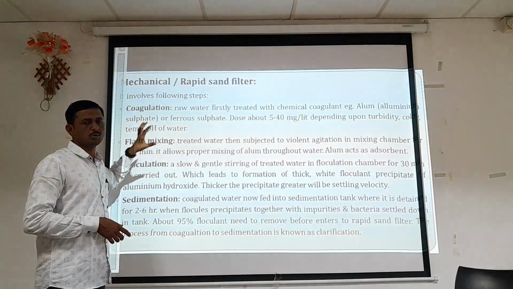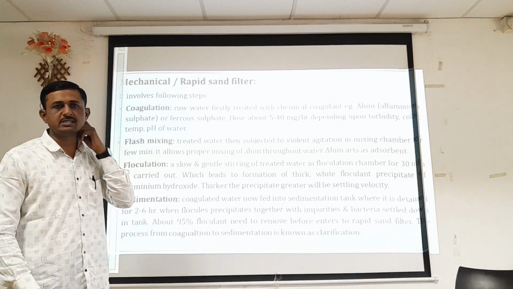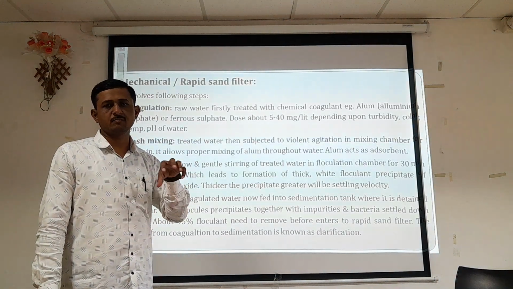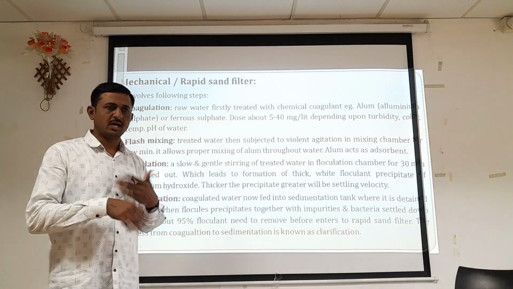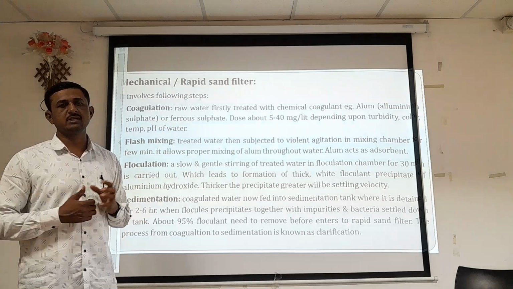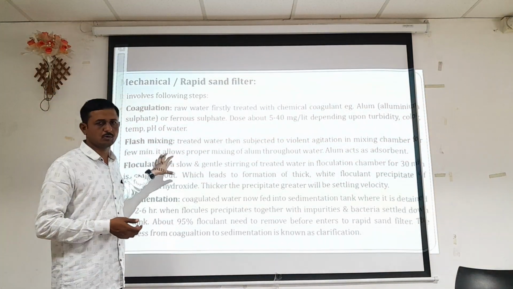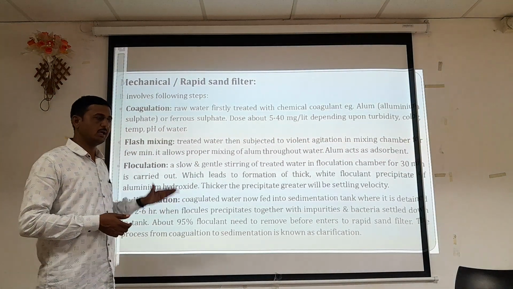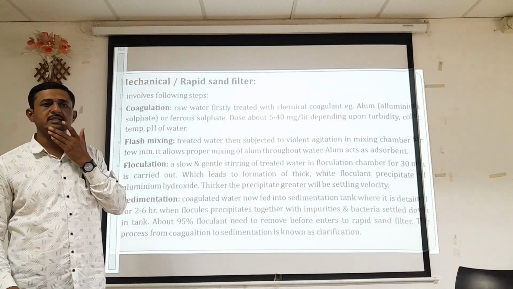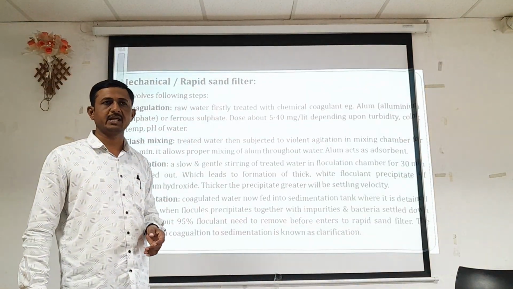Here, we have to add a proper dose of chemical agent. By mechanical means, we mix that substance into the water sample. Again, by the mechanical stirrer, we slowly mix the water sample so that proper coagulation or floc formation is carried out. Next, the water is transferred to a precipitation tank, where